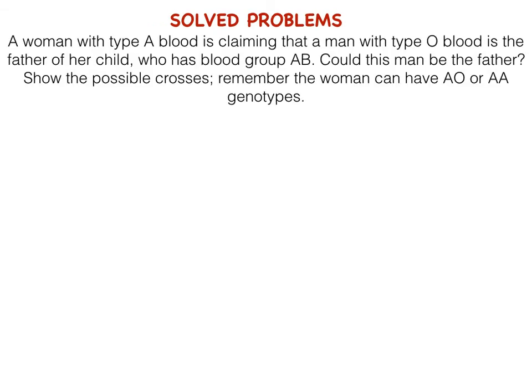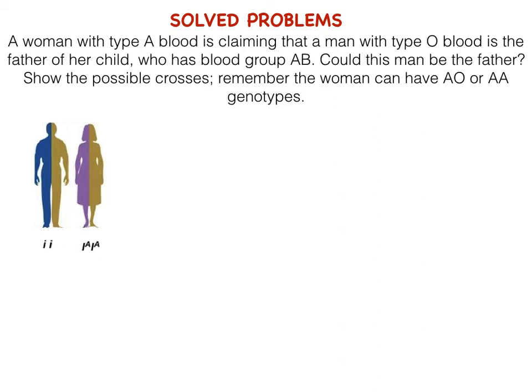Now, the same problem can be given in a different way, in which the woman's blood type is A and she's claiming that the man with the O blood type is the father, and the child has AB. So the same problem, we just change the man's blood type from AB to O. Can this man, who has an O blood type, be the father of a child with AB blood type? Since the man has an O blood type, it's an easy thing. His genotype is ii, small i, and we see that the woman again has the same problem. She can be a homozygote or a heterozygote, and we will take both possibilities